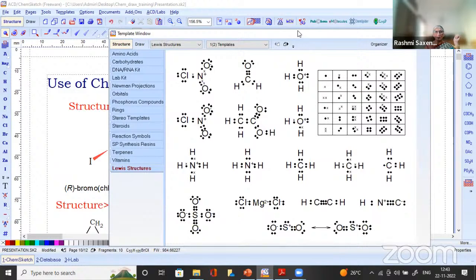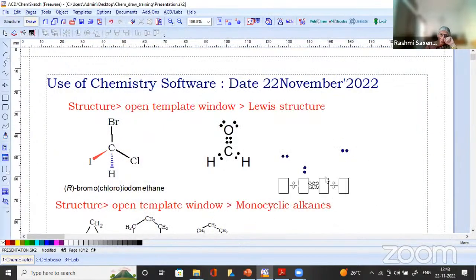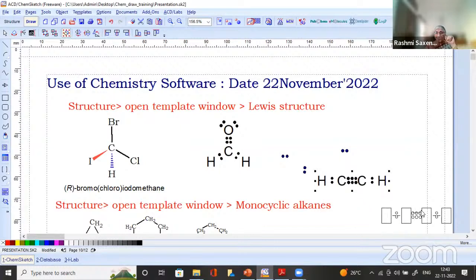Okay. These are the templates already. Now, if you wish to show the formation of this acetone, sorry, acetone, this is,